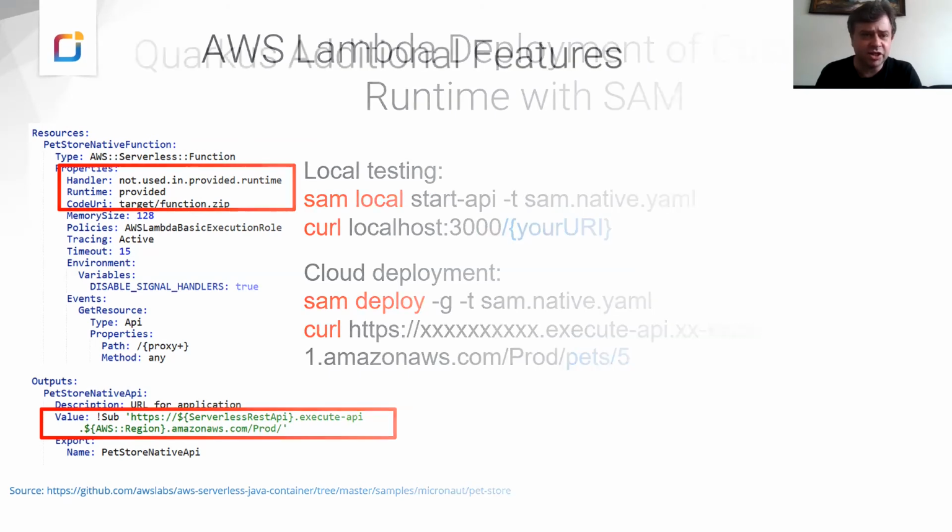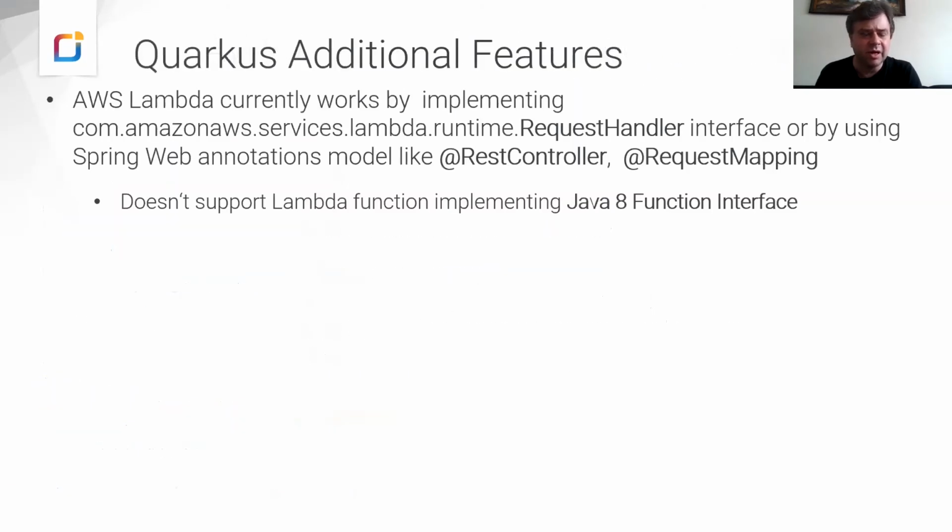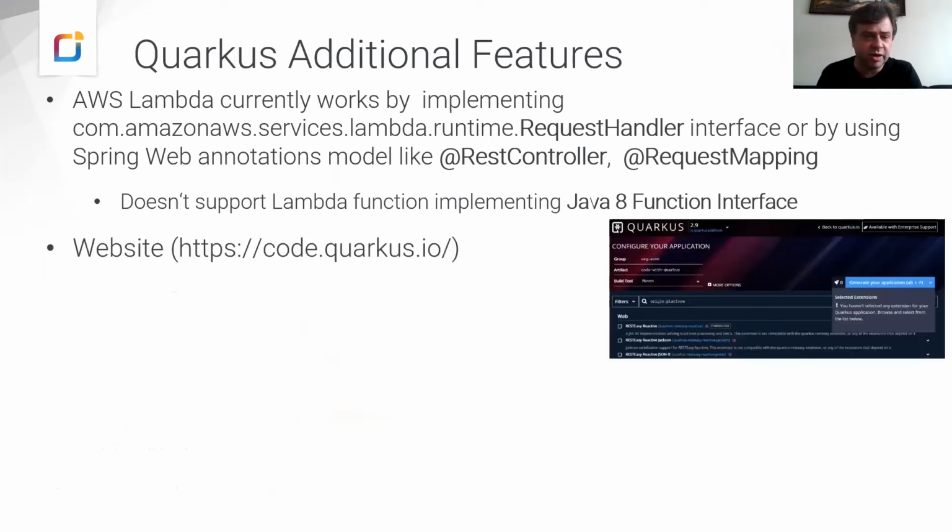So Quarkus has additional features which are quite useful. It not only works with Spring annotations, but it also supports the RequestHandler interface implementation from AWS itself, the same way, but it doesn't work with the Java 8 function interface. Currently, I run into an error. It uses a website, so you can go to code.quarkus.io and simply do the same stuff as Spring Initializr, pulling your dependencies, and then the project will be generated with POM and Gradle